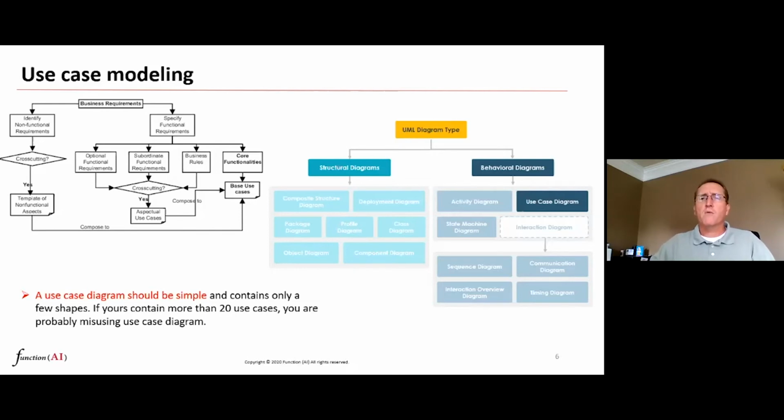The key point to take from this is that there are a lot of options available to you. Understanding business rules, core functionalities, the use cases, how they fit together and how they would flow based on structural capability and behavioral expectations, but keeping those simple so that in your use cases,